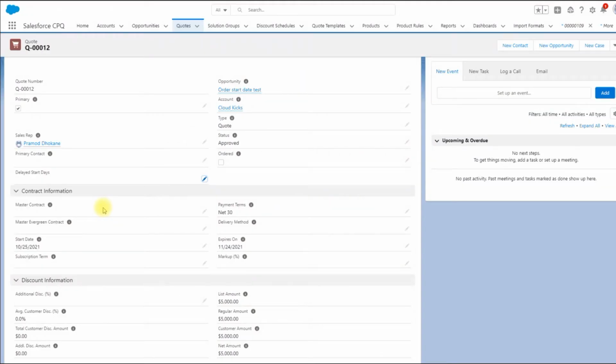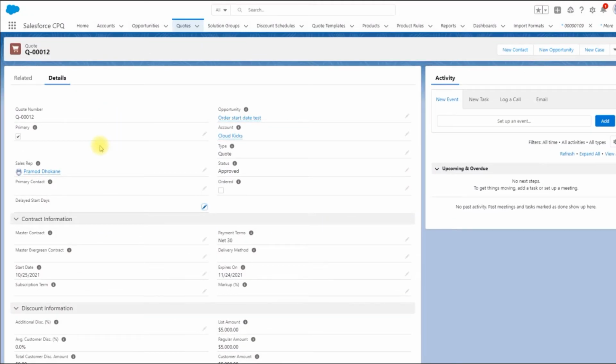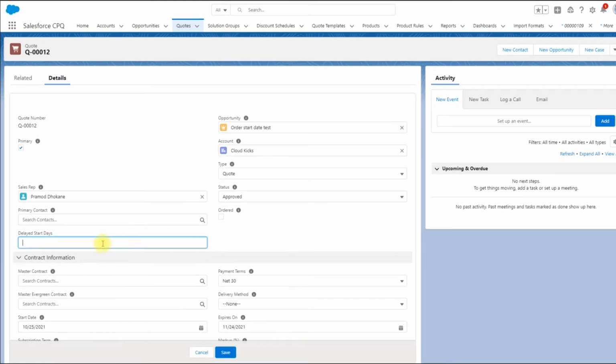Now let me navigate to the existing quote. Here I have already created an account and an opportunity just to test the order start date. Here is that field, Delayed Start Days. Let me put some random value here, let's say 10 days. So I want to generate the order now, but I want the start date to be after 10 days.